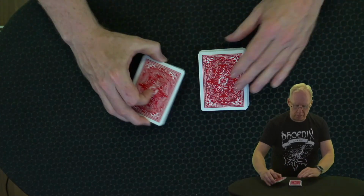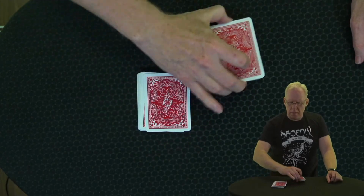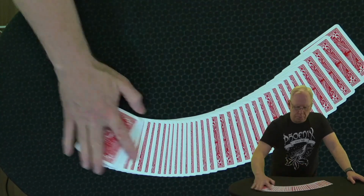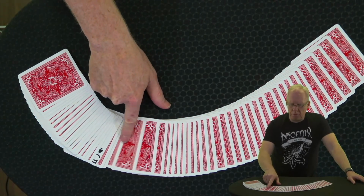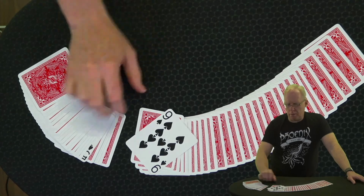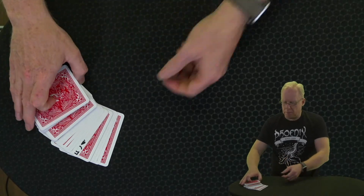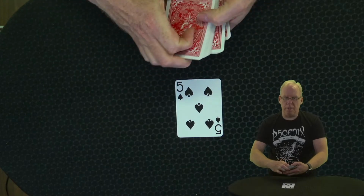And when a card is selected and put there and the deck is cut, then it is automatically 5 cards away from the spotter card, the 5 of spades. 1, 2, 3, 4, 5, and here would be the selected card. Very simple, easy to do, and it's never a bad idea having a double facer card in your portfolio, because you can do several things like